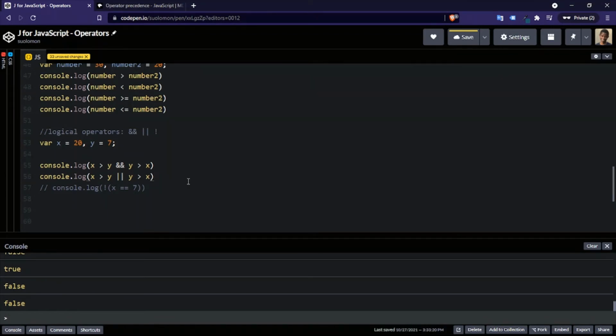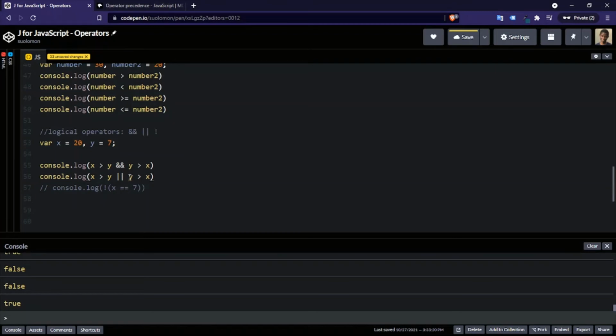And we get true, right? So how the OR operator works is one of them has to be true for it to return. It does not work like the AND. So that's the main difference. The OR, as long as one condition is true, it will always return true, right? So we can see that on